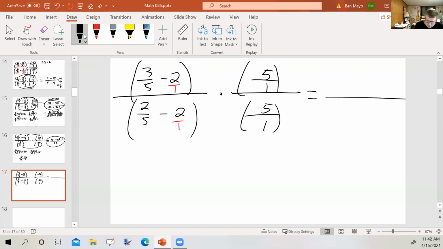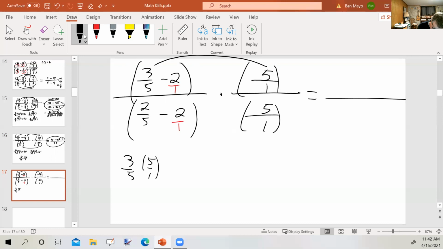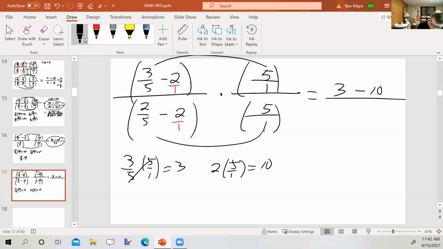Okay, so we're going to multiply 3/5 times 5, which is going to be 3, minus 2 times 5, which is going to be 10, over 2/5 times 5, which is going to be 2,